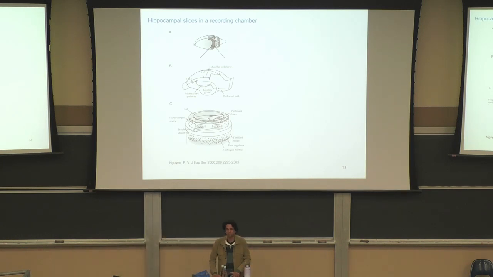So now let's look in a little more detail at how the patch clamping setup actually works. You start with a rat or mouse that had a head and a brain inside the head, as a normal mouse would. Then you first have to extract the brain, and just to orient you, the back side is here on the right and the front part on the left. Then you have to quickly make a slice containing the hippocampus.